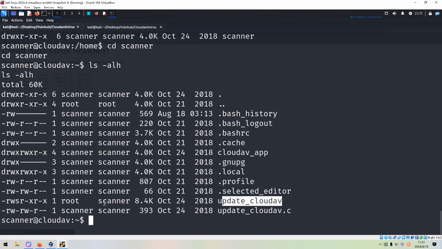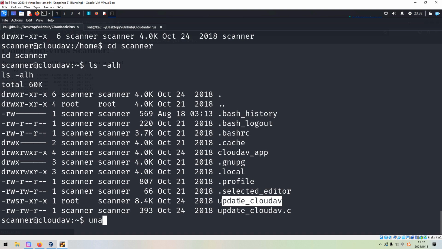It means that when the current user runs this binary, they will temporarily get the ownership of the owner. In this case, the owner of this binary is root. I think I've already made it clear. However, before I try to run this binary, I'd like to see whether we can find anything else.